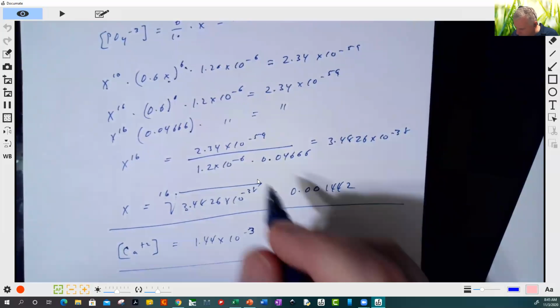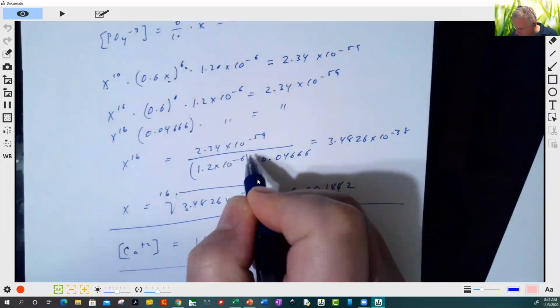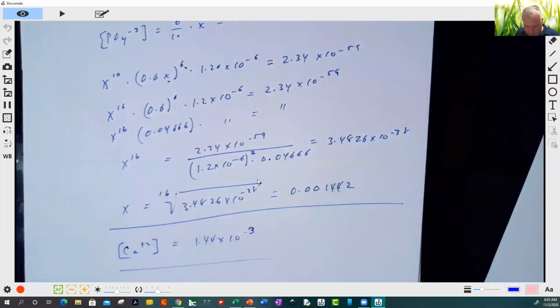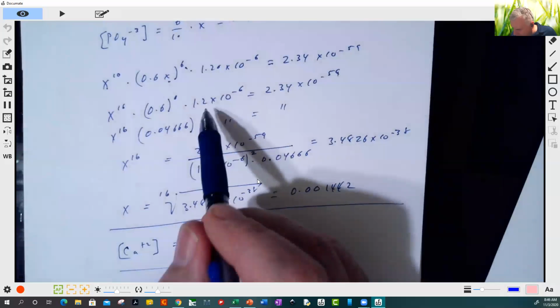It's 1.2. This guy is squared. There you go. Okay then. Yeah, that's squared. Sorry about that. Yeah, I'm going off notes I made, and obviously I'm screwing it up. I'm sorry, but there's